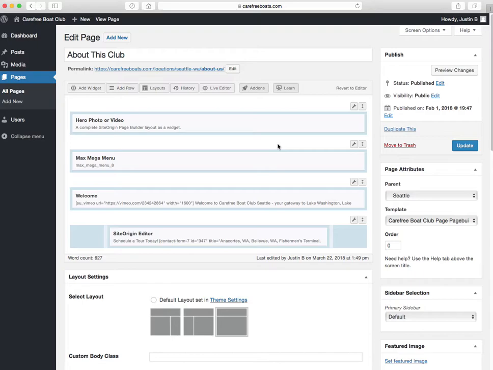Okay, so the first thing you'll notice is your title here. Your title is going to be what displays at the top of your page. And you'll notice that your permalink can sometimes be different from your title. We do advise you to not, even though there's an edit button here, don't be tempted to actually change this permalink